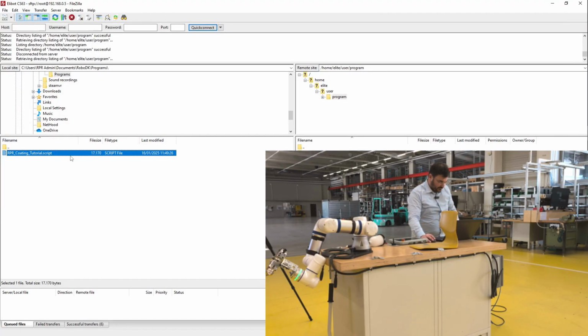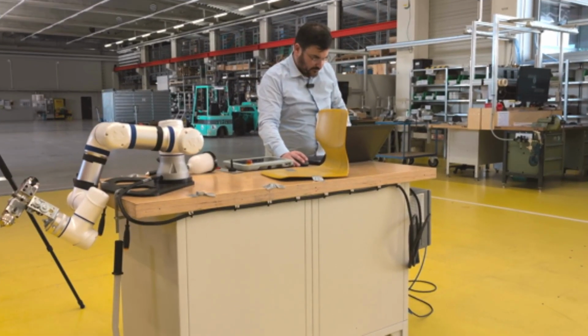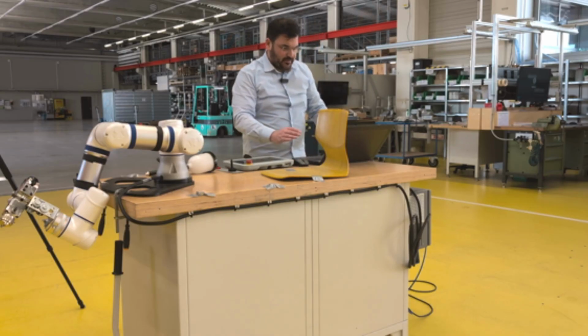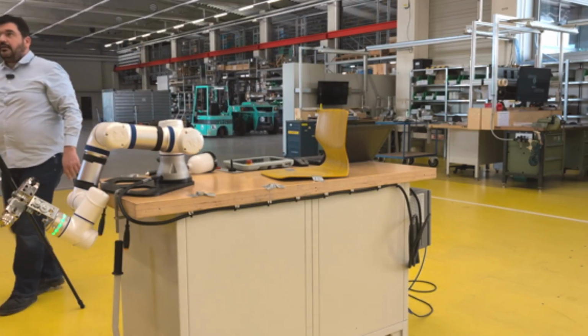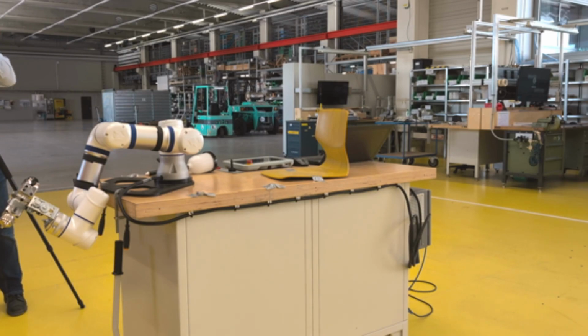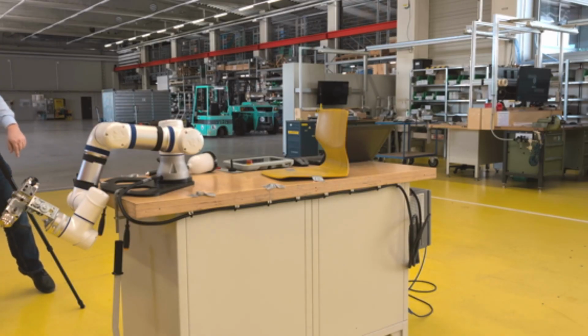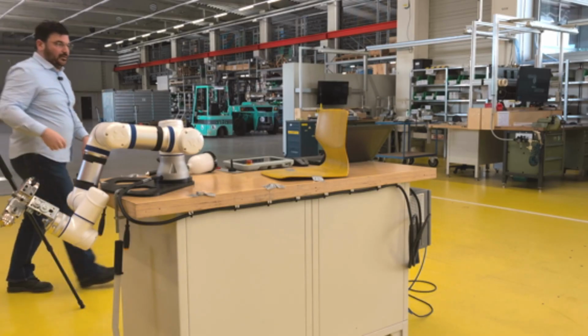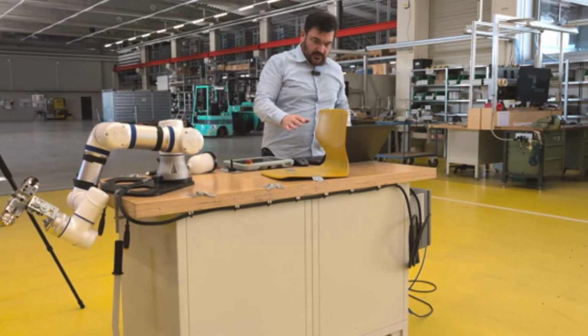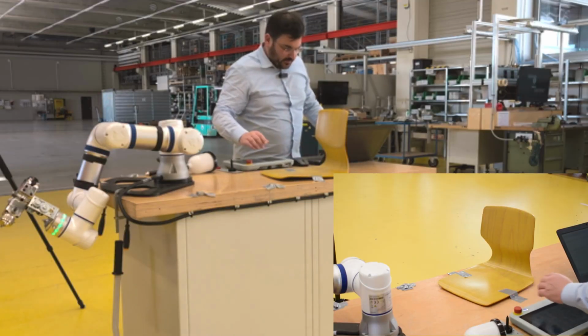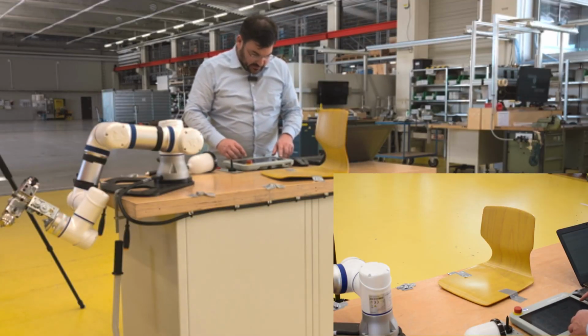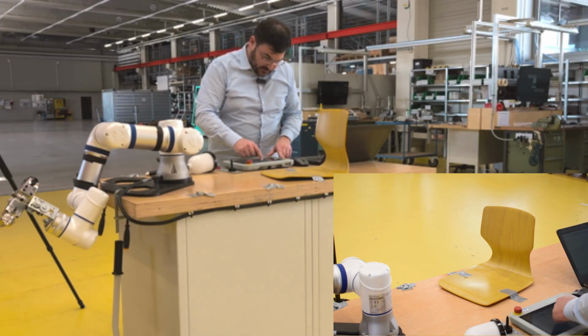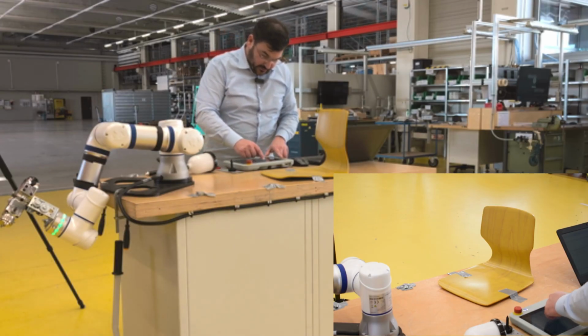I update this. With a double click, I just transfer this to the robot. And right now I'm just coming into the task and I just read in what I have recorded right now.